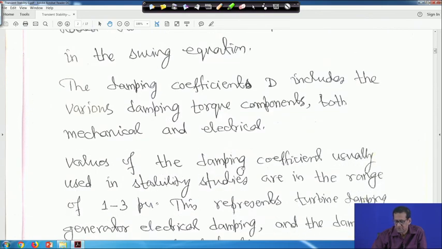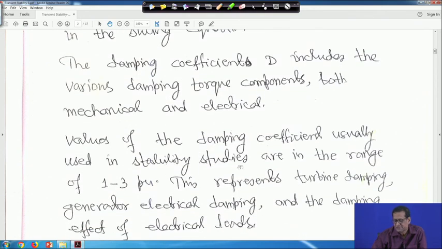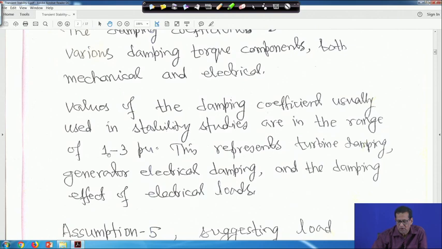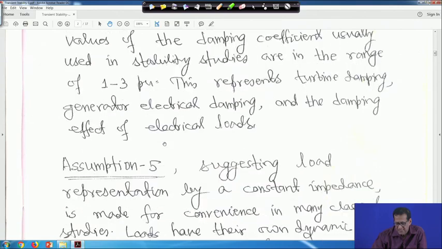The damping coefficient D includes the various damping torque components, both mechanical and electrical. Values of the damping coefficient usually used in stability studies are in the range of 1 to 3 per unit. This represents turbine damping, generator electrical damping and the damping effect of electrical loads. So, this is the range of your damping coefficient, between 1 to 3 per unit. Now, assumption 5